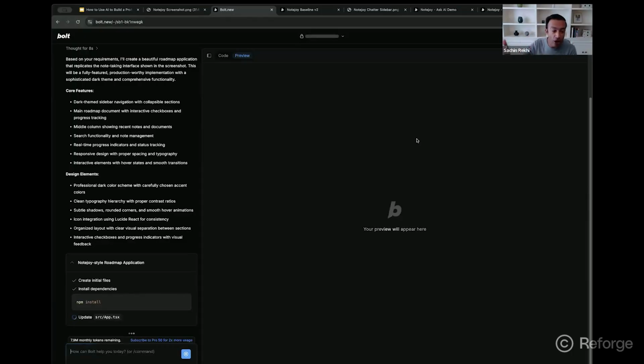And then from there, we're actually going to start iterating to build new features on top of it. Now, there's a couple of ways we could do that. One is the way that I've shown you here, where you can just give it a screenshot of your main application and ask it to recreate it. That's approach one. Approach number two is you can actually have it ultimately also grab your Figma file. So they have Figma importers that will import your Figma and actually recreate it.